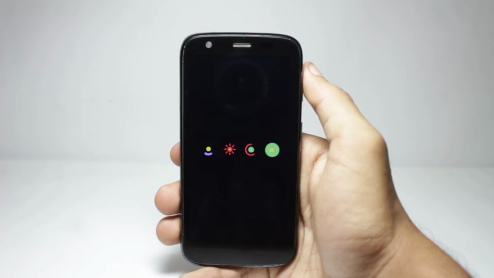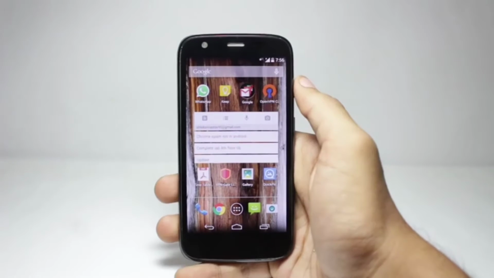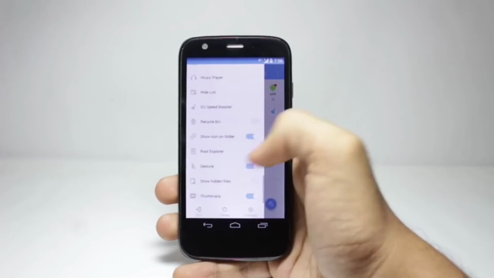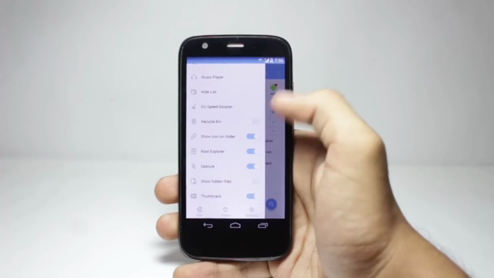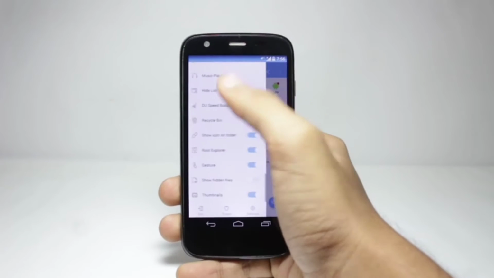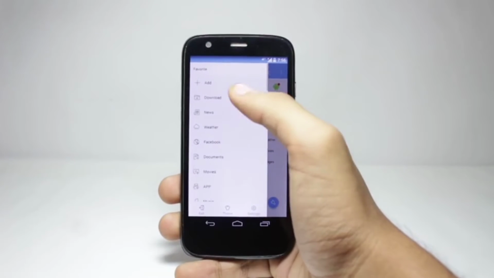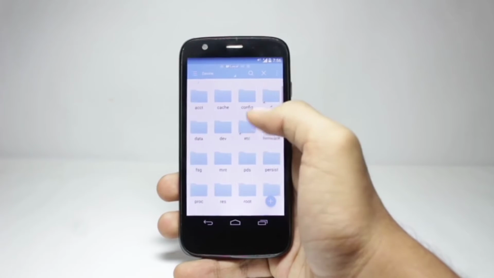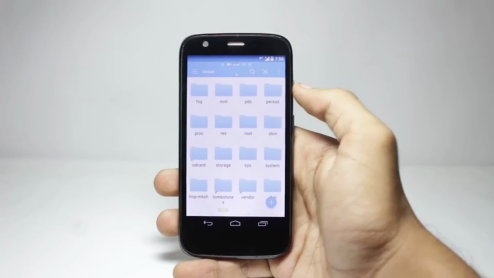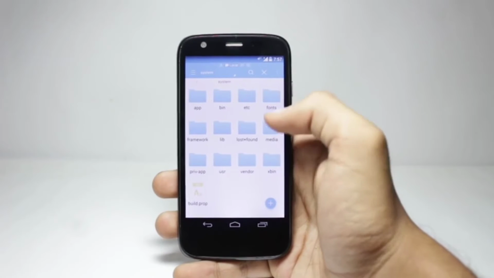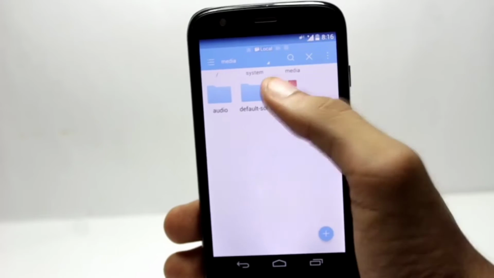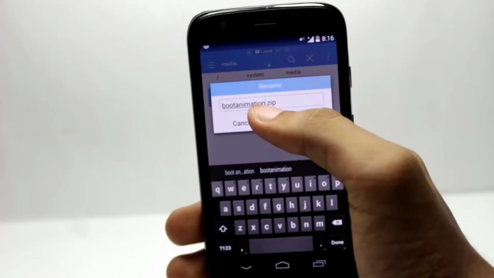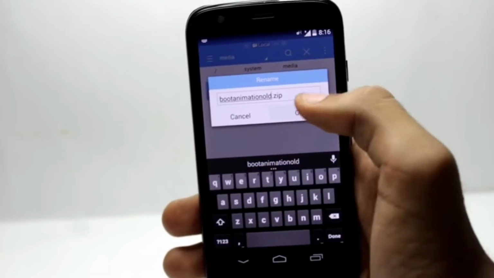You also need a file manager that has root access, and for some file managers like ES File Manager, you will have to enable the root explorer, then browse to the root of your device and then go to system/media. In the media folder you will get a bootanimation.zip file. This is the original Bootanimation file. You can rename this to something like Bootanimation old so that it doesn't get overwritten when we replace it by